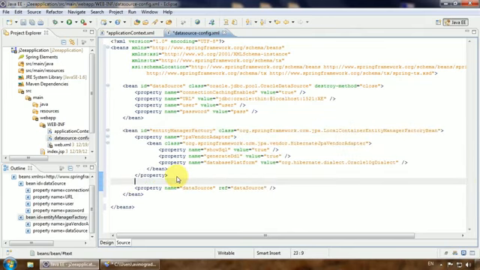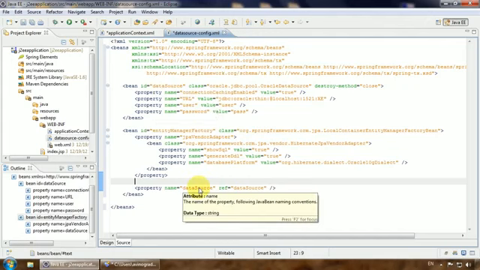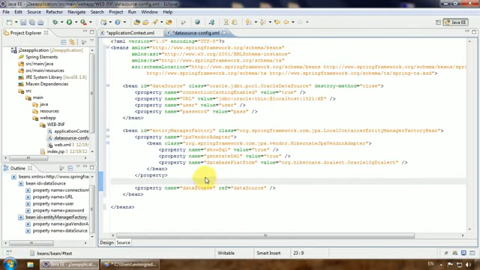So in Spring world language we just say we inject this dependency in this class variable. So this is called Spring injection. We just have provided the data source to the entity manager factory bean,